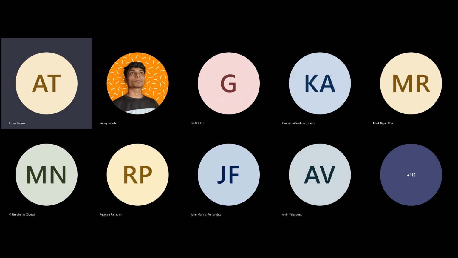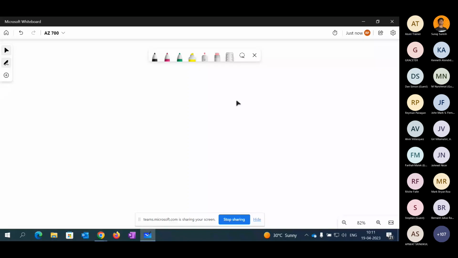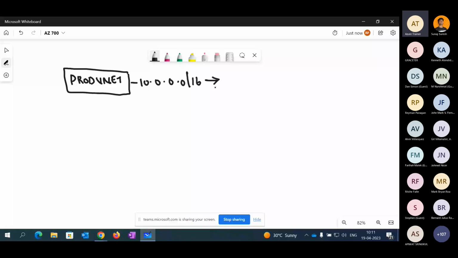Let me take you to the whiteboard. I'm creating a VNet at one of the customer's places. The customer network is given as the prod VNet. If I give the range 10.0.0.0/16, you can see here it is capable of providing 65,536 IP addresses. There is a dedicated 65,536 IP address pool. You can see it here. Now,